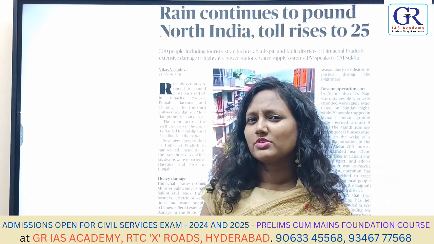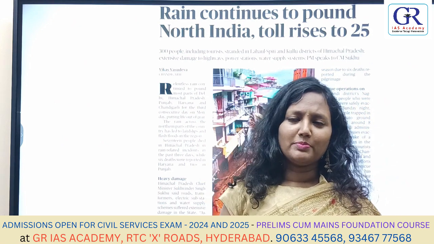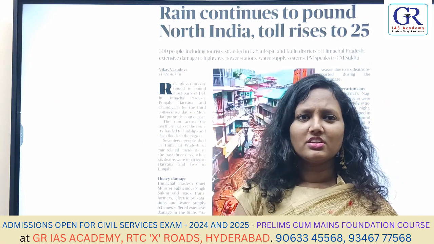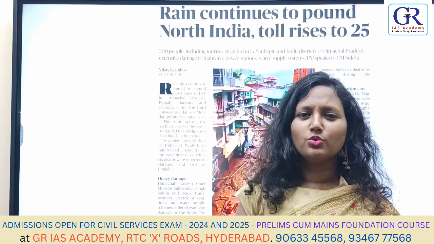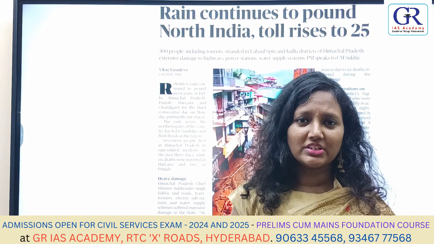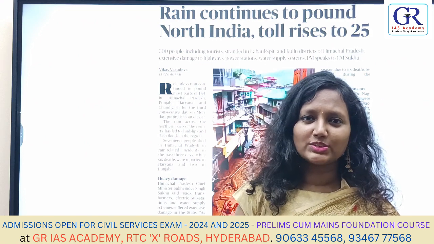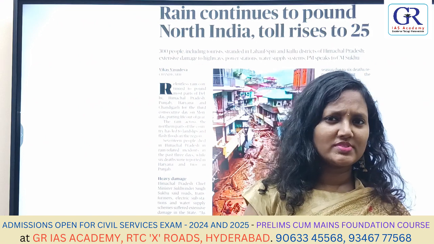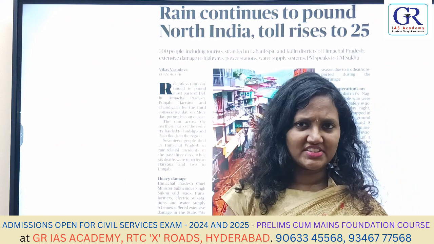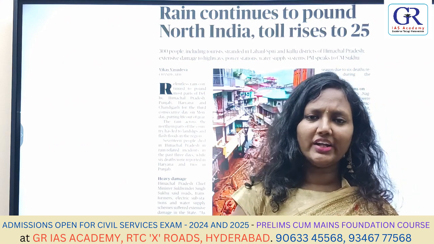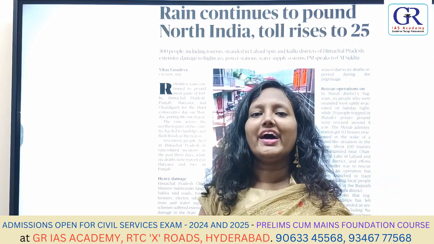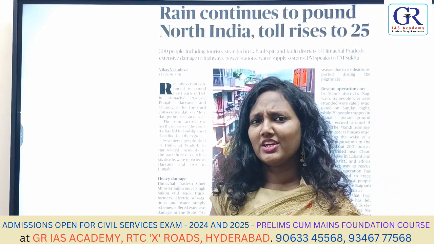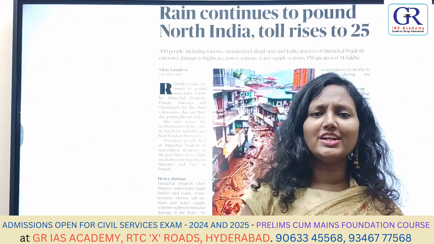For example, suppose there is an index or some report in the paper. What you have to know is who gave that report, what the parameters are, on what basis the index is given, which country tops that particular index and which country is last, and what the position of India is according to that report. I just gave an example for you. In this way, understand what you can do from a preliminary point of view.